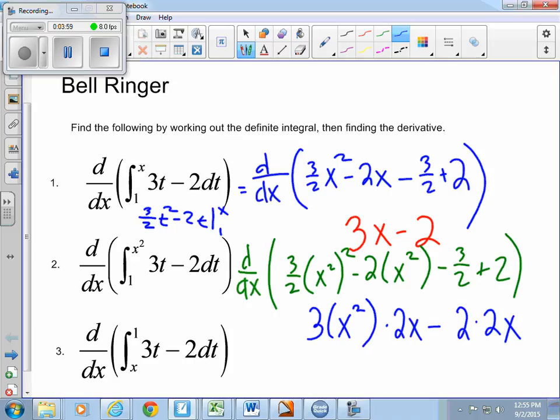Just for fun, I'm going to rewrite this as 2x times 3 parentheses x squared minus. Isn't it that fun? So let's make the last one. We made a conclusion that the derivative and the integral just canceled out, right? Well, this time it